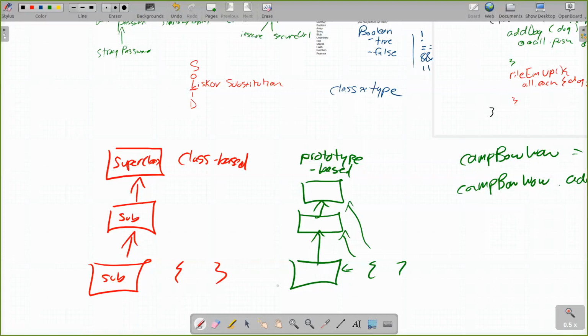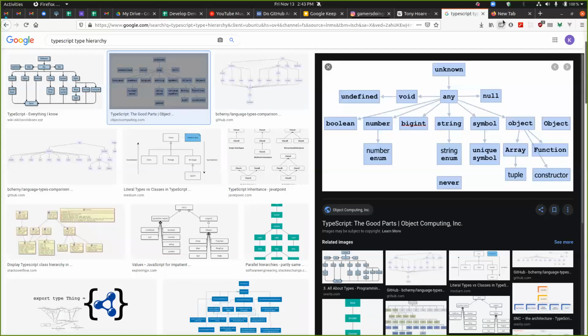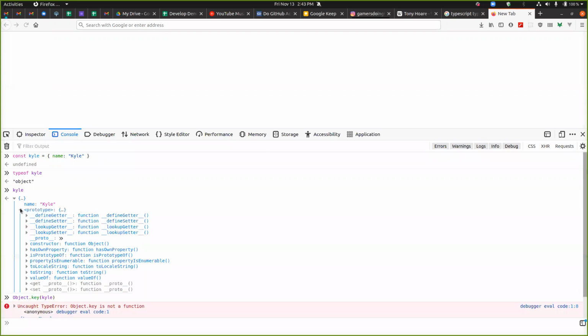There's no blueprints. These are actual real-life objects, and just like any other object, you can change stuff in them. For example, let's look up something in this prototype.